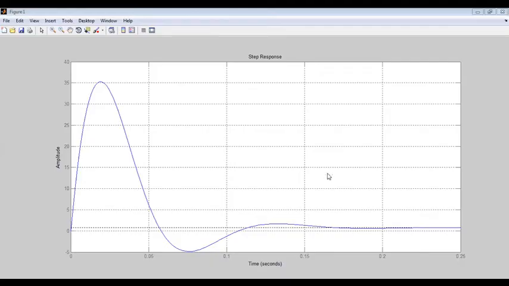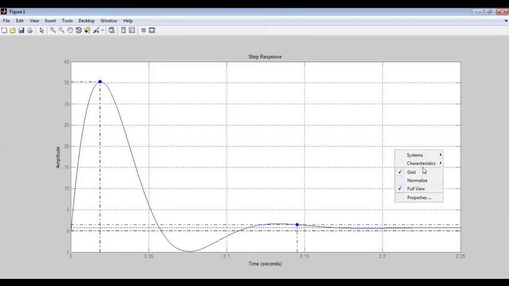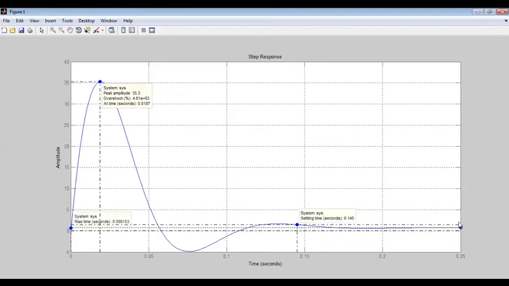Again, observe the time domain specifications, for in this case also: all the values you observe, peak time, rise time, settling time, steady state error. Again, you see that the system is stable, but there is only a change in the values of the time domain specifications, because you are adding only zeros in the left half of the s-plane. So the system will always be stable.